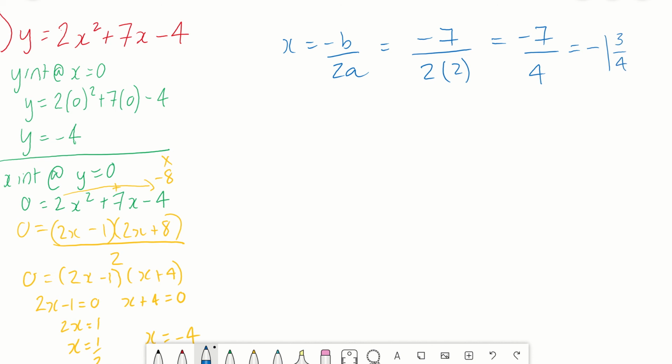So at least I know roughly where that's sitting. So my vertex now, sub that really ugly number in and use as many brackets as possible when you're doing this. Make sure your squared is on the outside of the brackets. And if you are careful enough with your negatives when subbing that in, you should get an answer of